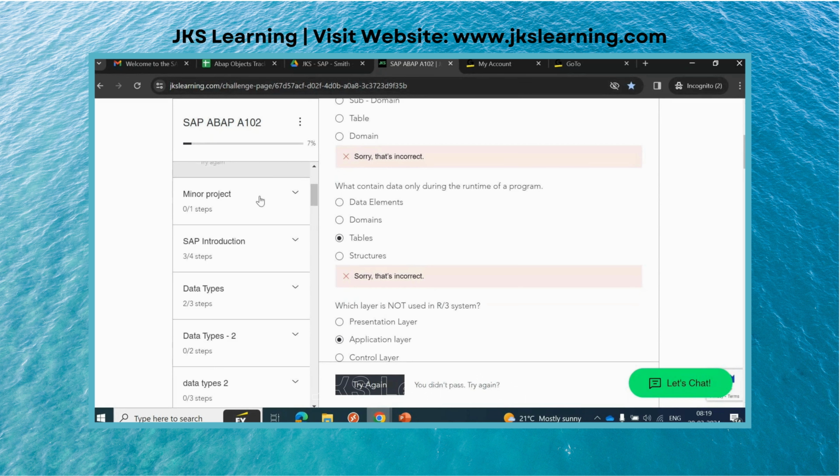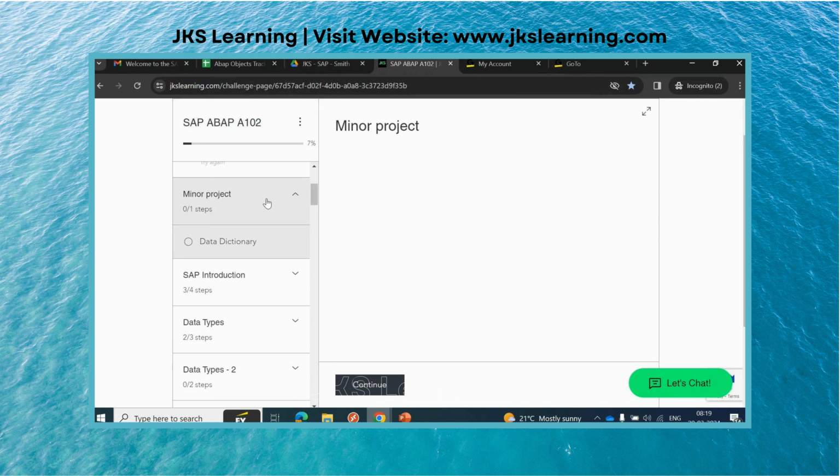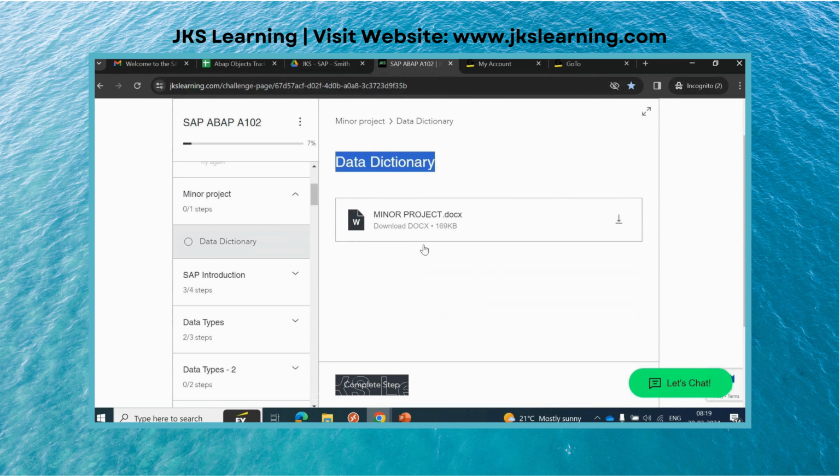Then comes a minor project. If we complete one topic, for example data dictionary, which is one of the topics in SAP ABAP, then we will give you a mini project that covers all the subparts within the data dictionary.